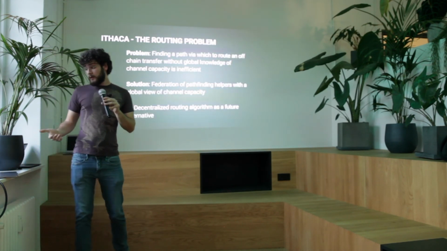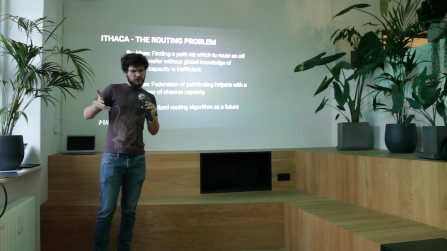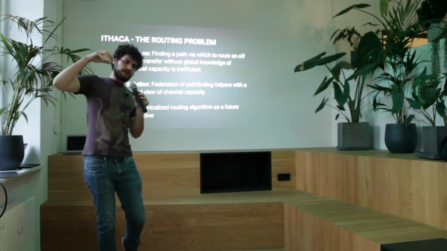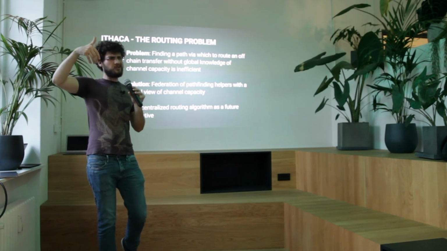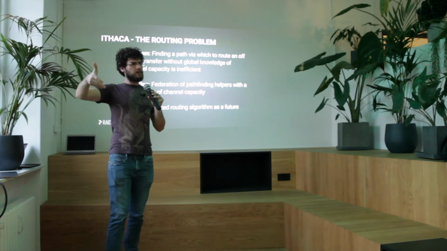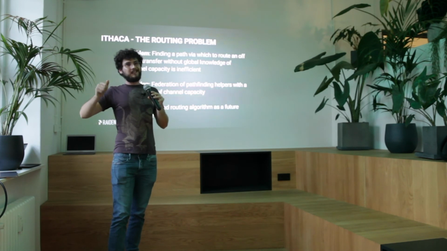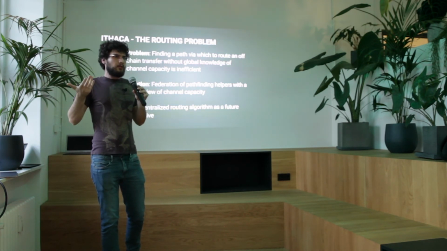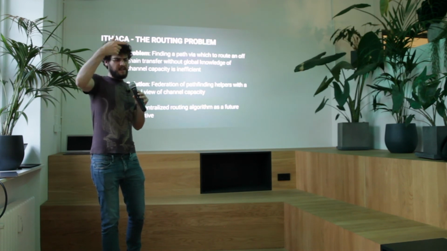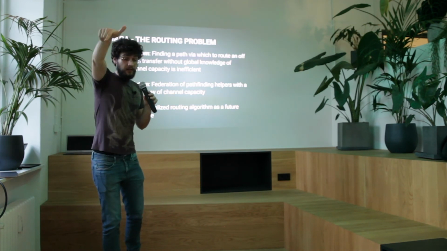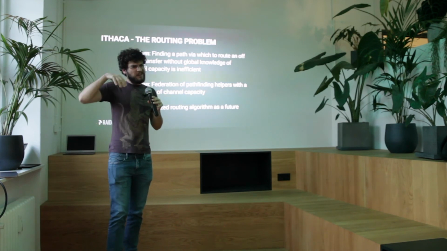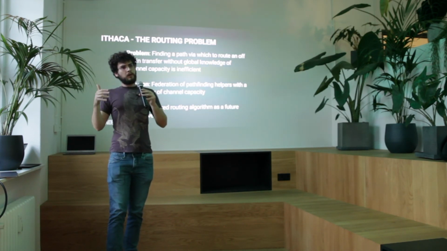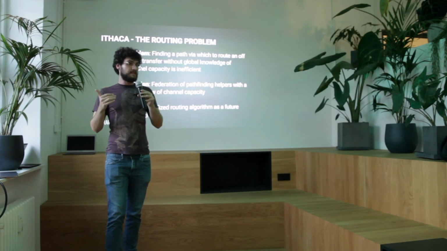The routing problem is an optimization problem, really. Routing works right now, but it's suboptimal. We just use local information to decide which next hop we're going to use for making a payment. That's not necessarily the best thing, because the next hop that I see may be a really good one from my perspective, but when I send the payment to him, he doesn't have any good routes forward, right? So we need either a strategy of adding structure to the network, or a strategy of having a global view of the state.